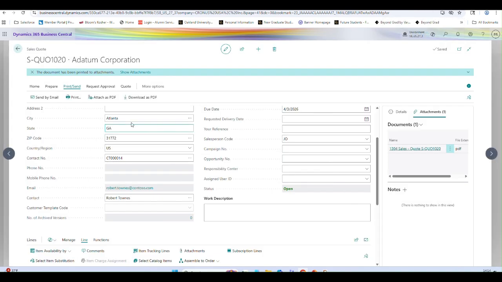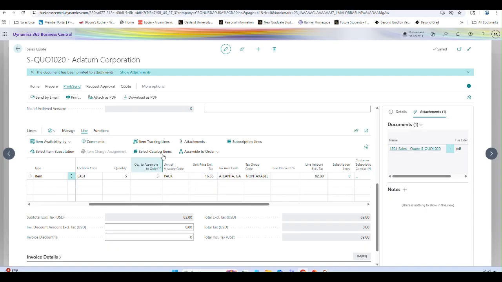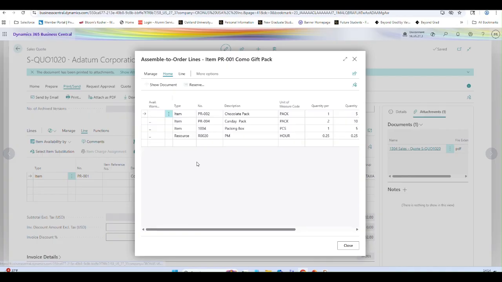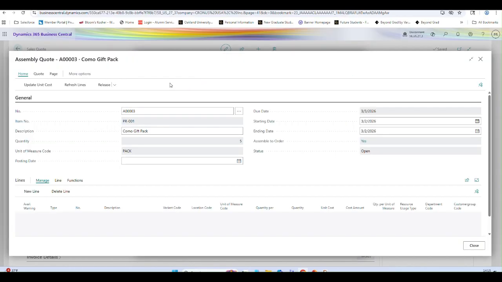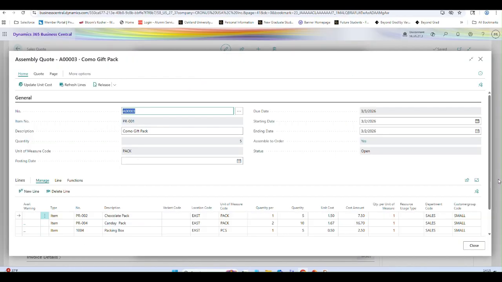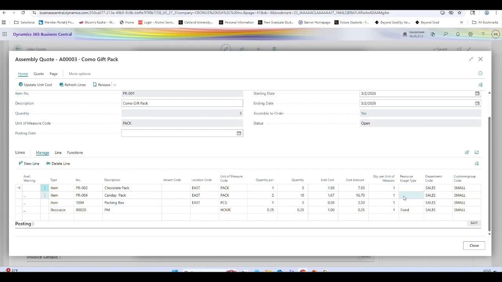Now I need to change the price, because our assembly component item price is a little different based on our current component item, right? Suppose I need to change the value of this item unit cost.